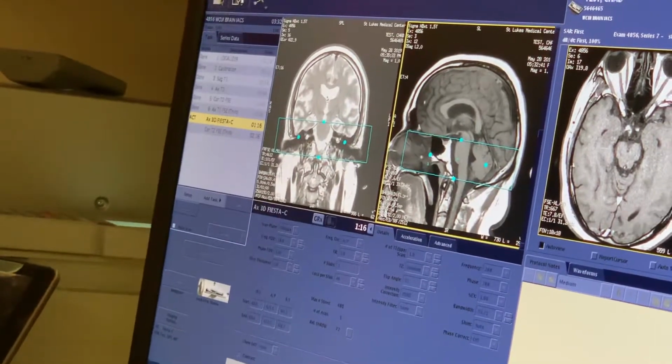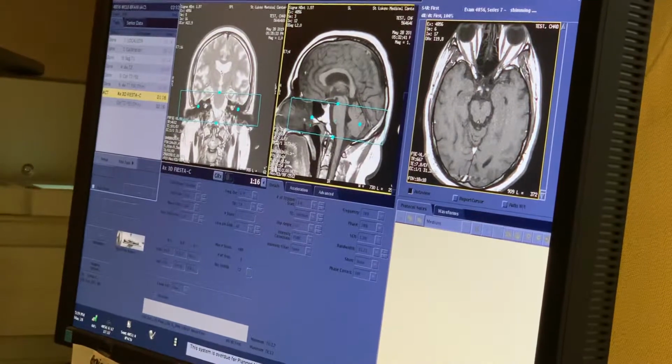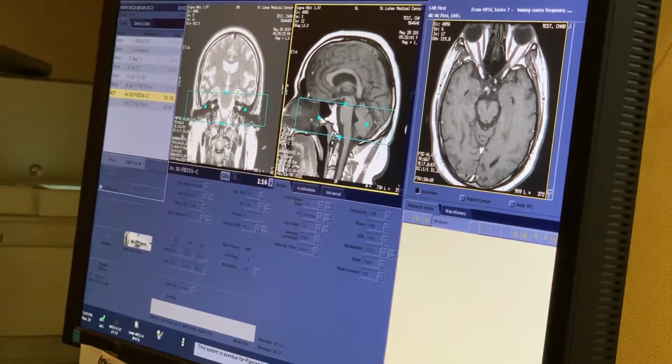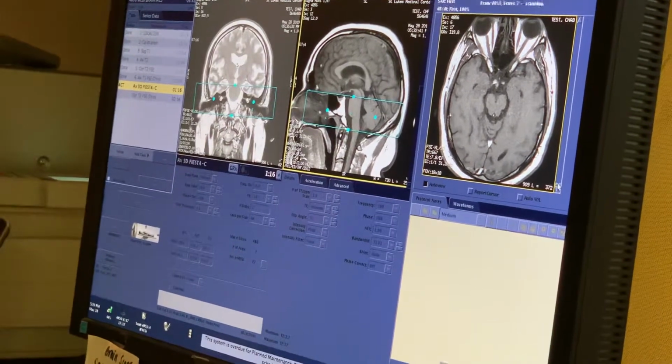Ooh, look at this, just the beautiful optic nerve we got right there. Look at that. That's gorgeous. Right? Everybody like that? That's nice, huh? Alright, so